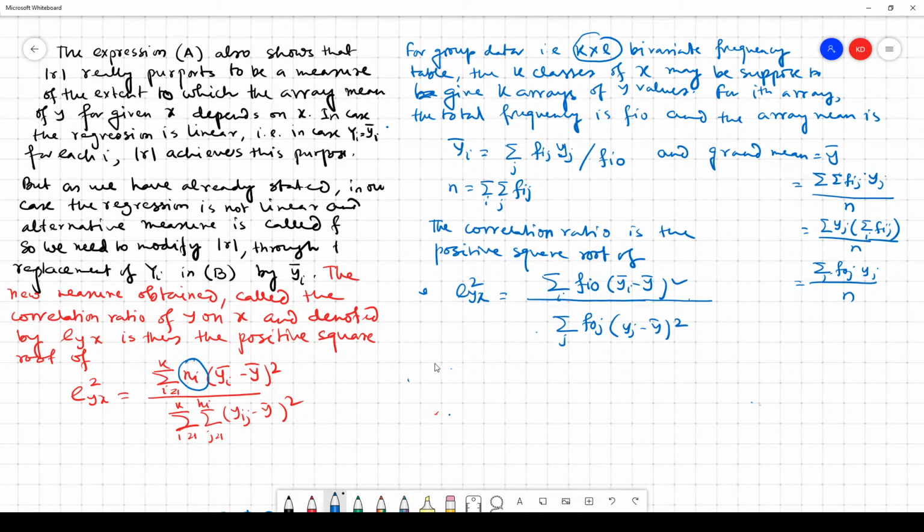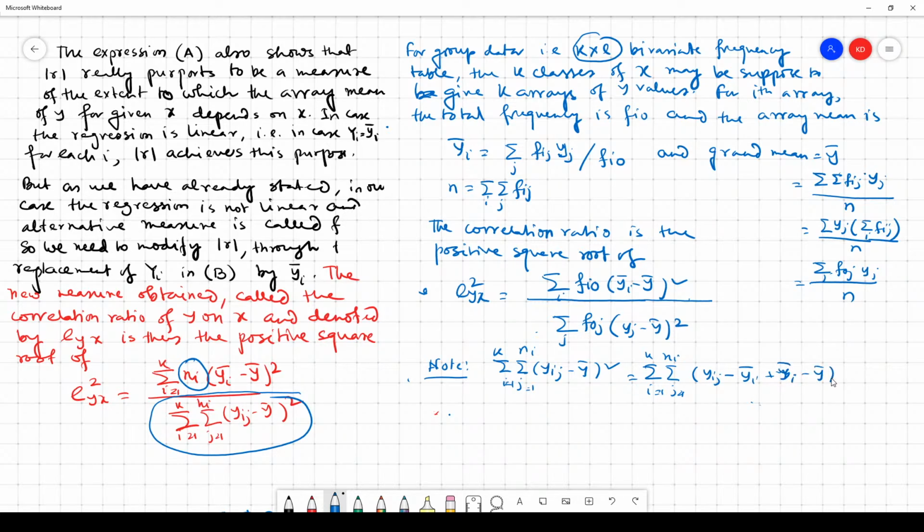Okay, and note that the double summation over i and j of yij minus y bar whole square, that is, sum over i from 1 to k and j from 1 to ni, yij minus y bar whole square, this part can be broken into two parts: yij minus yi bar plus yi bar minus y bar whole square, and since the cross product term vanishes, we can write this as